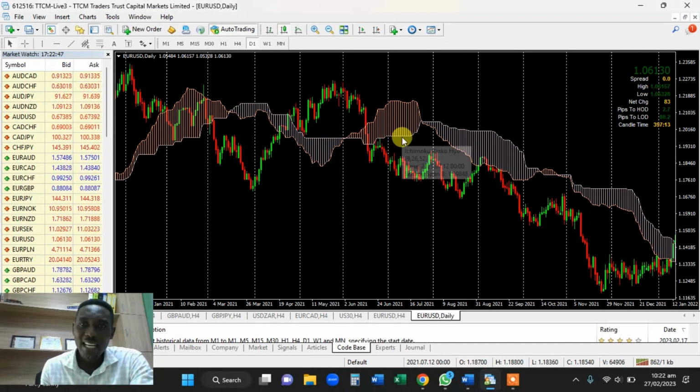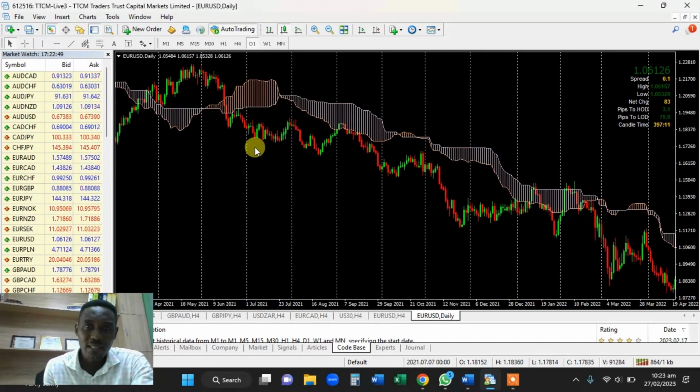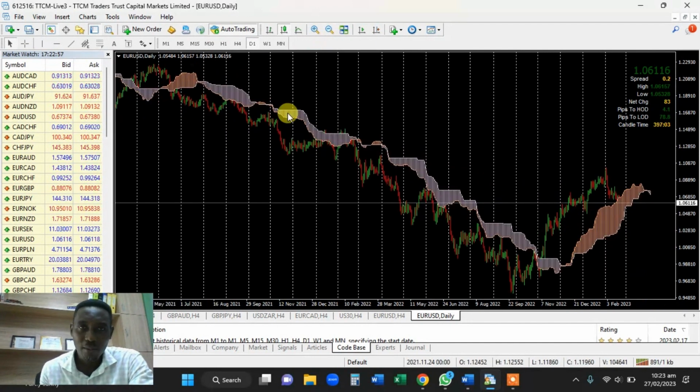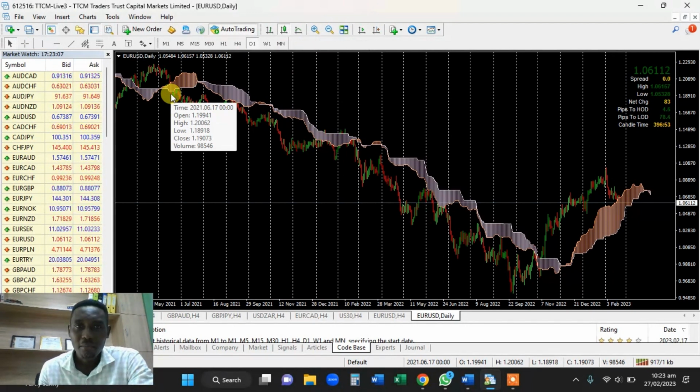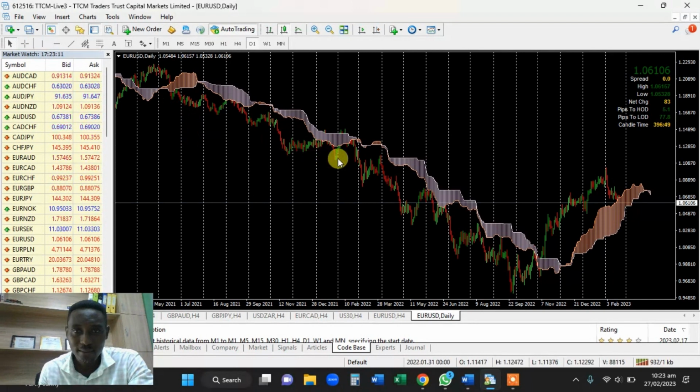So for example, anytime you have the candlesticks below the cloud, we expect prices to fall. Now, when I squeeze this, I literally zoom out so that you can have more data points. You realize that at some point, sometime in 2001 May, the candlesticks were beneath the cloud. It continued till somewhere around December 2001. Then it went into the cloud, back down.